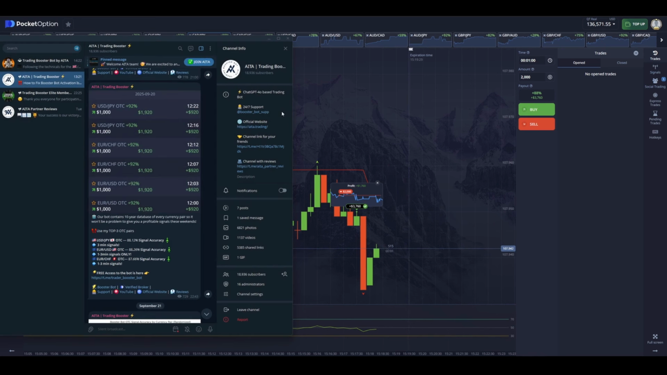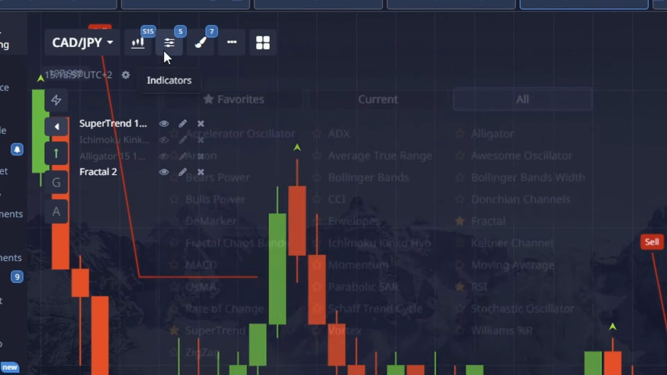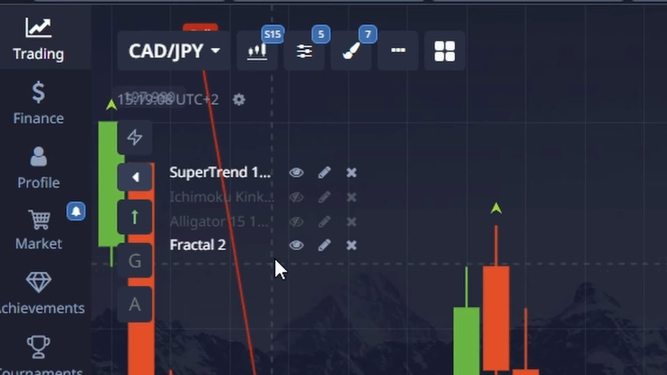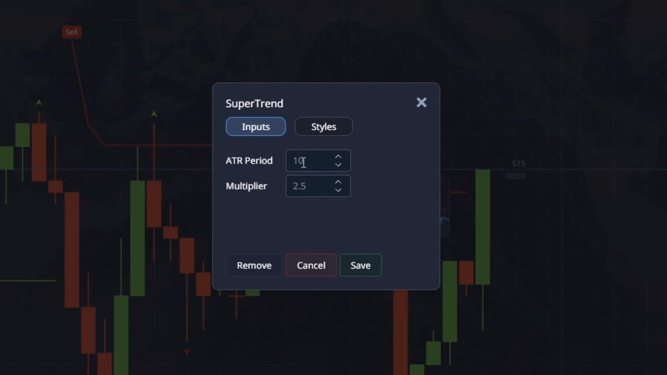Now, let's move on to setting up our indicator. So, how do you actually add these indicators? We go to the indicator section, and we need 3 indicators: fractal, RSI, and super trend. We add these 3 indicators, and now they need to be configured. Next to each indicator, there's a little pencil icon. Click on it, and for super trend, we need to set the period to 10 and the second value to